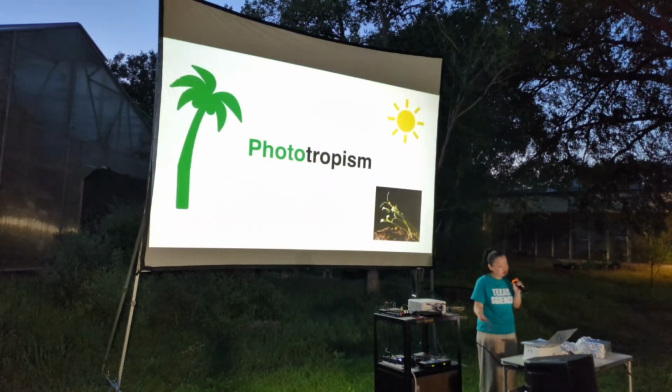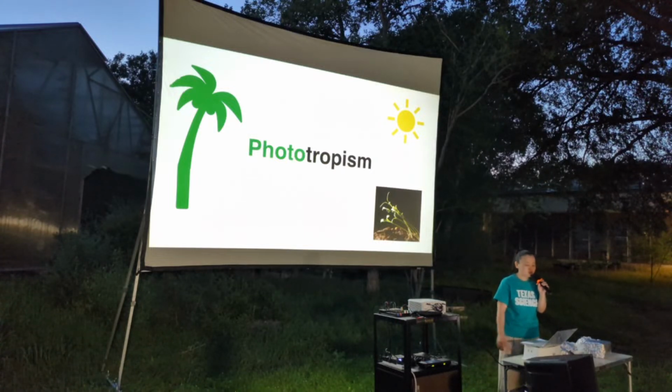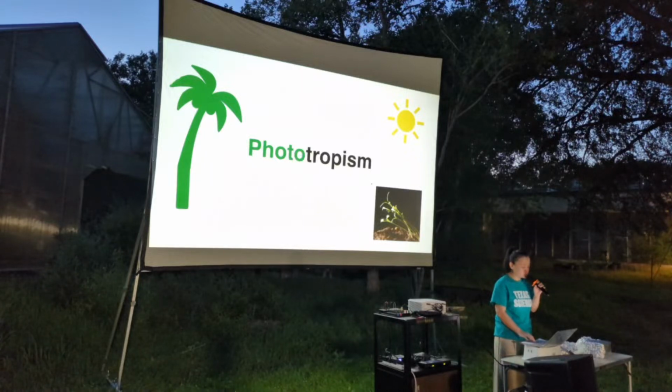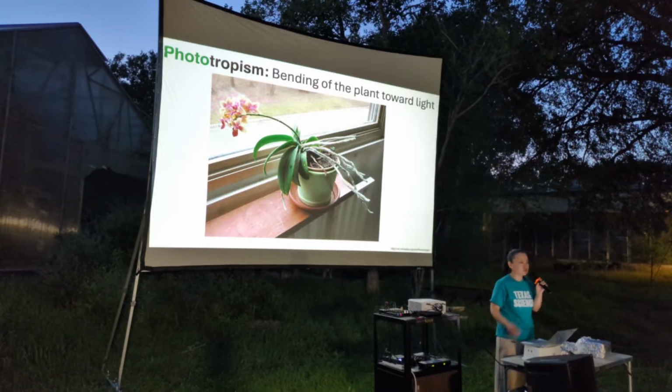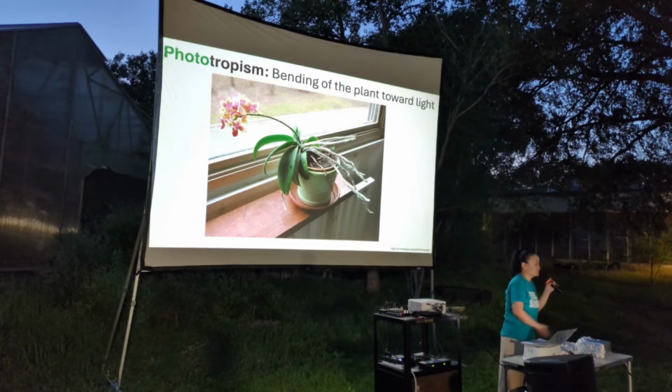And another part I really like to talk about is phototropism. You can see this word: photo means light, and tropism actually talks about a turn. So phototropism means the plant grows towards the light. Did you see this before? Always, right? If you put your flower nearby the window, the flower will grow towards the window. But actually, it does not grow towards the window, it's towards the light, right?